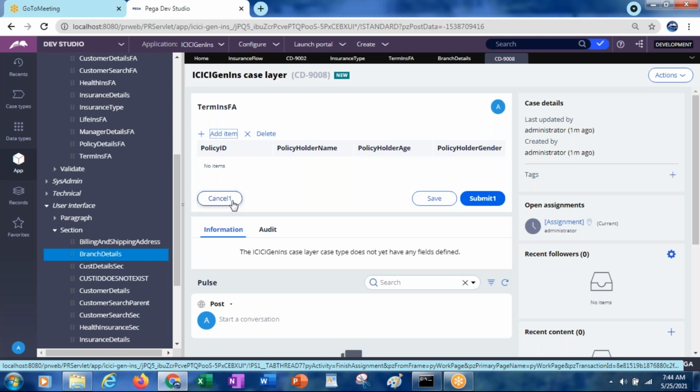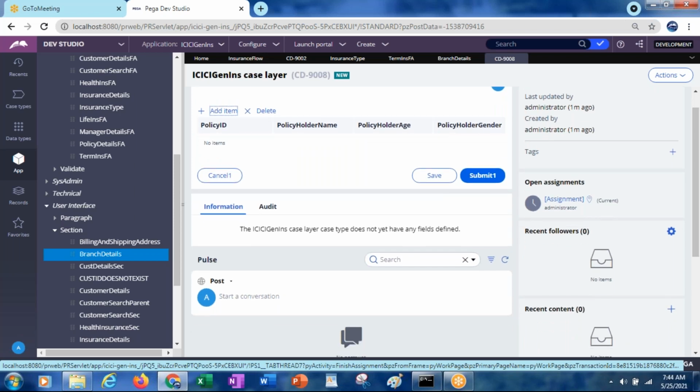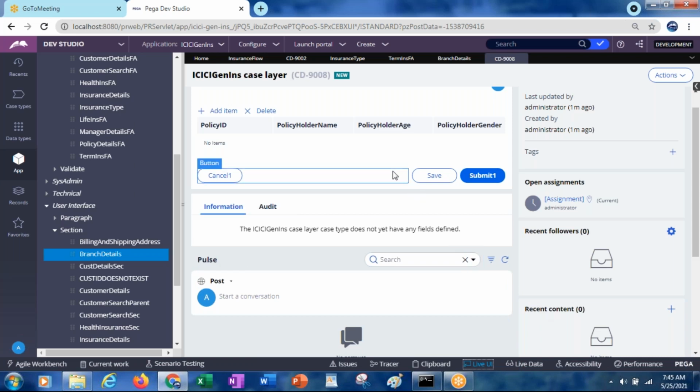Now, how exactly is this flow action displayed? Where exactly is it displayed? If you want to see, you can use the live UI. Previously also we discussed the live UI.